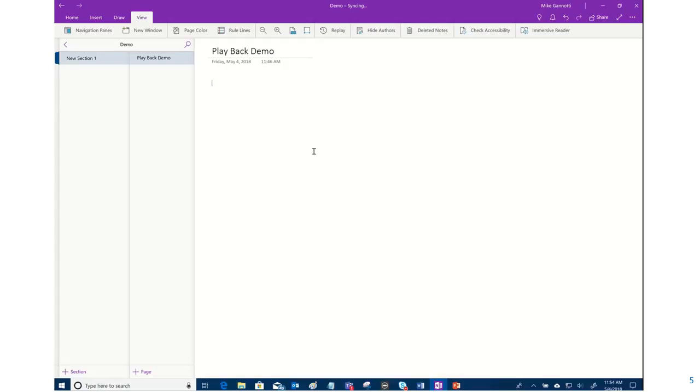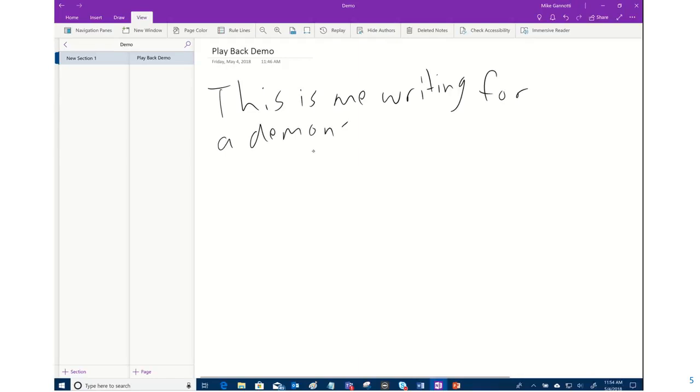I'm just going to click into my OneNote, and I'm going to take out my trusty Surface Pen because, well, I'm using a Surface Book, right? One of the great ways to do productivity. And so I'm going to start to write. This is me writing for a demonstration. Then perhaps I want to call this out as a little bullet point. I'm going to do a second one, and I'm going to say, this is me drawing